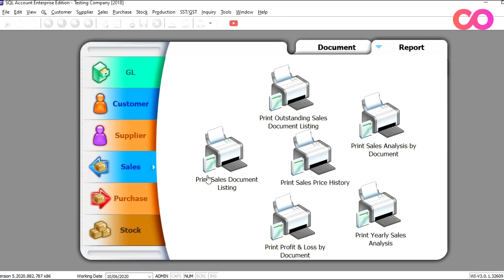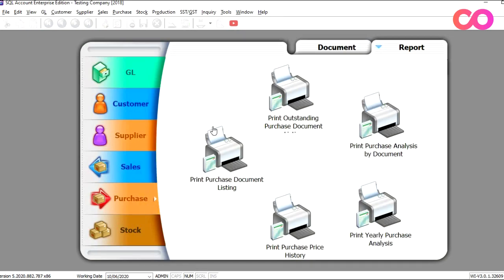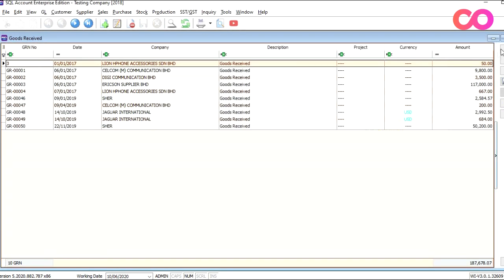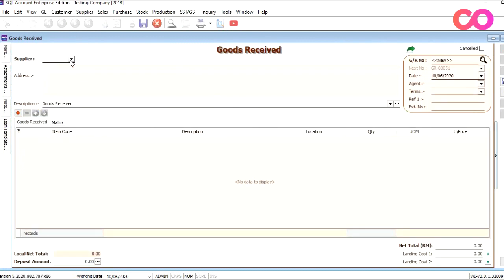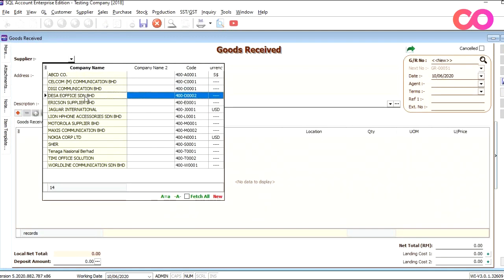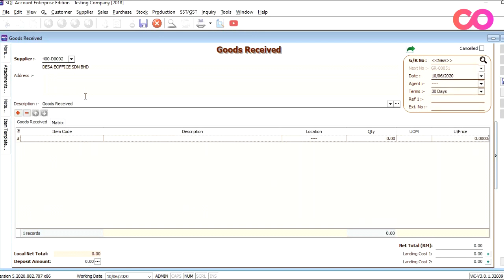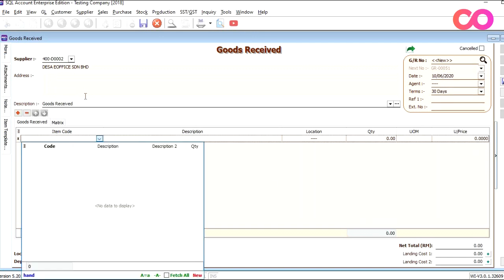So let's say for example your vendor sends you some consigned stock. All you just need to do is go to Purchases, click Documents, and we press Goods Received. To create a new one, we just press New. We'll select our vendor, say for example we want Data Office, and then here we will select our product, say handphone